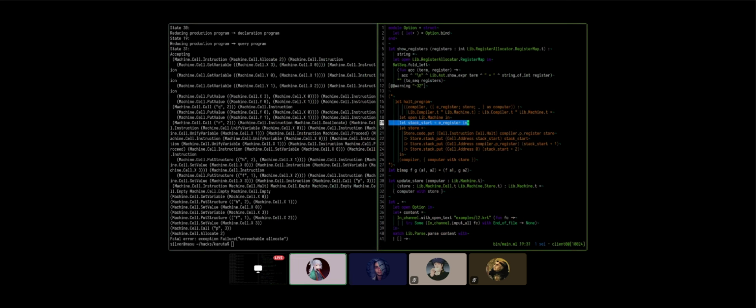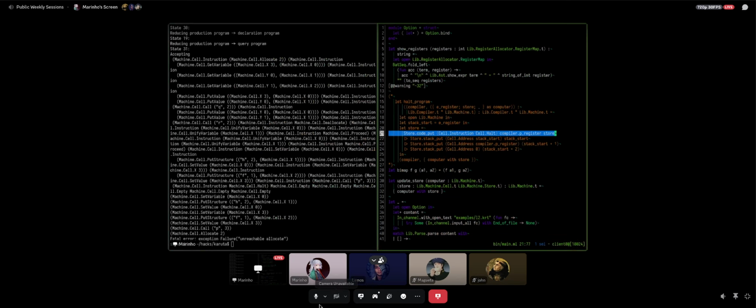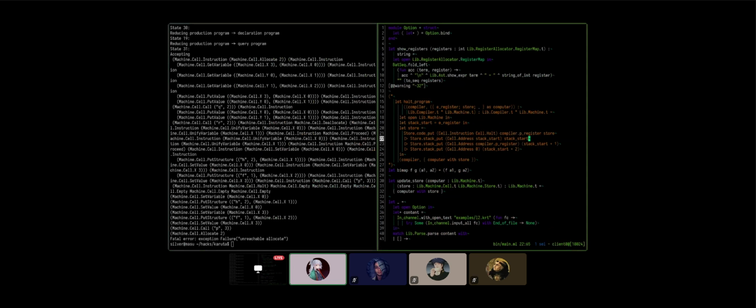Stack start is equal to the e register. Then store, we put a halt. Then we actually fill in some stuff here at the stack start. We put the e register here.